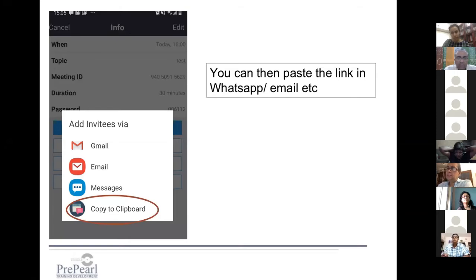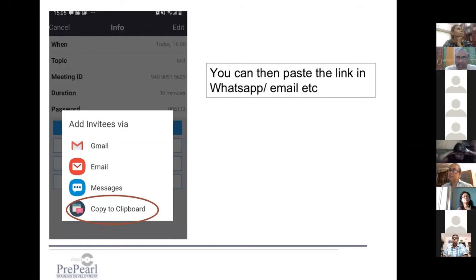answered right now? Debbie was just asking if there is a way to add an RSVP to the invitation so that you know how many people would be interested in joining the meeting. Is there something like that available? Some feedback option where people can let you know that they would be attending?